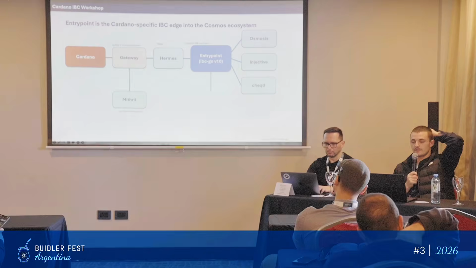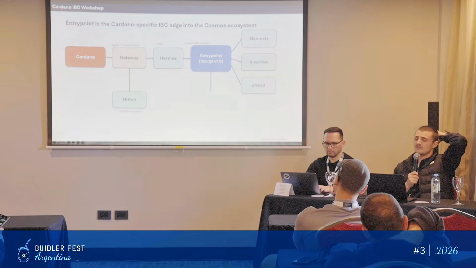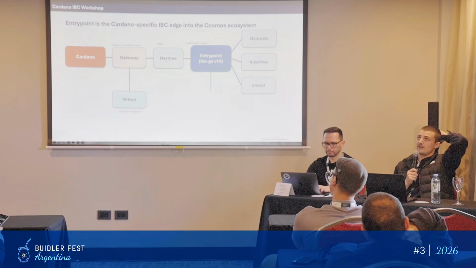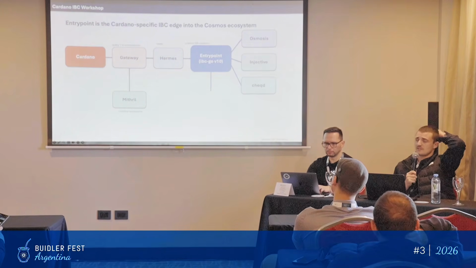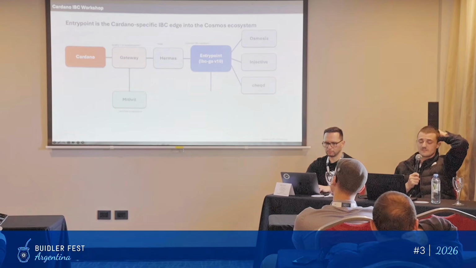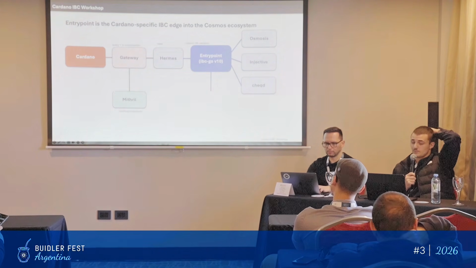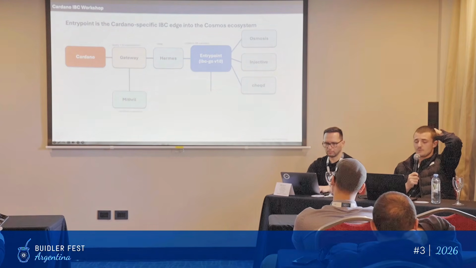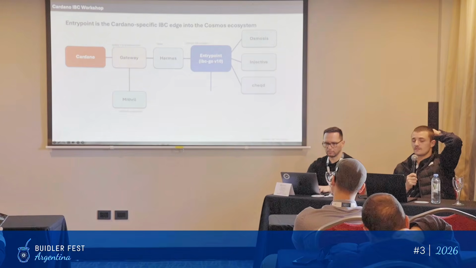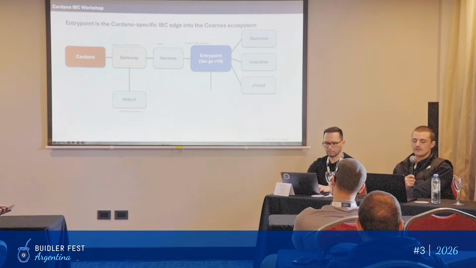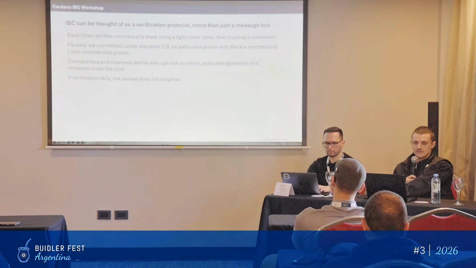This is where we're translating some of the proprietary logic. There are a lot of IBC constructs that don't really exist on Cardano, and we have no need to invent them. So you'll see things like revision number, which is an IBC concept, which we just don't need to use for Cardano. A lot of that translation is happening there. Also in Hermes, we did do a custom fork, but we're potentially going to move away from that in the future if we want to support IBC v2, where I believe the relayer semantics are going to change. And then there's, of course, Mithril, which we'll talk a bit more about.